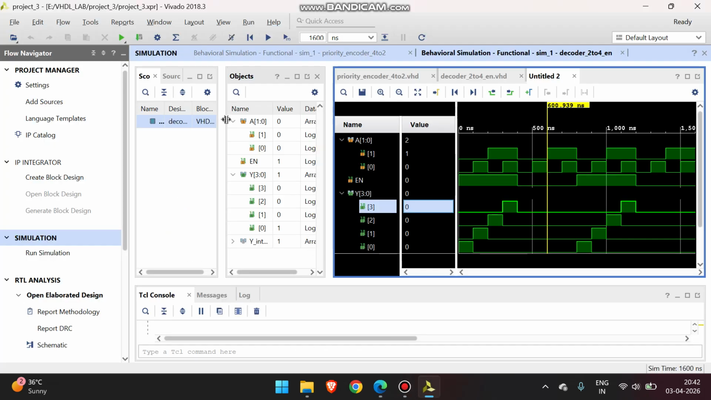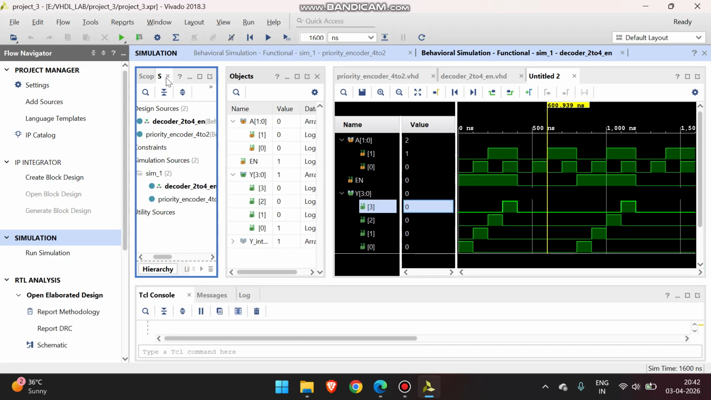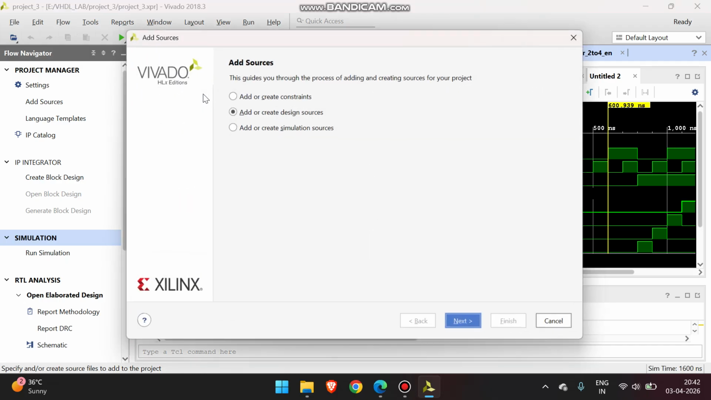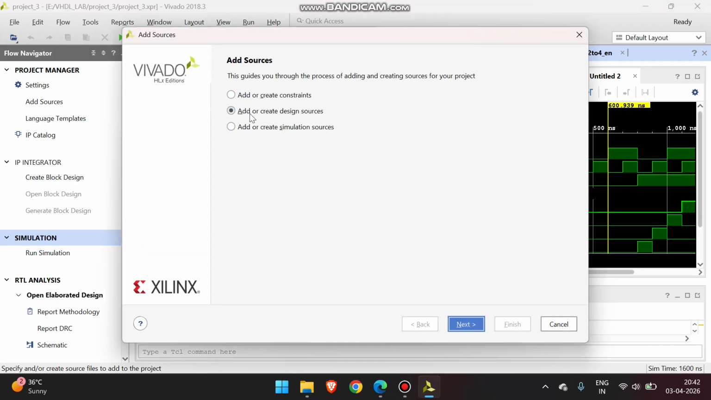So we have already created, when you go to sources, we can see that we have already created two files, that is decoder 2 cross 4 and priority encoder 4 cross 2. Now we have to add the third source, that is, click add or create design sources,